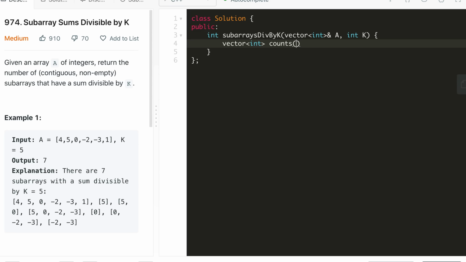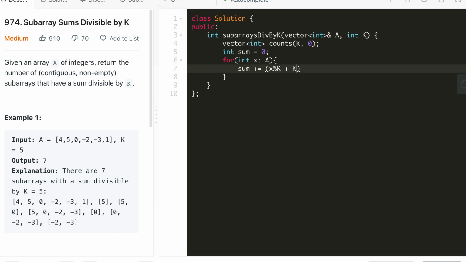Counts, its size is k, initialized to 0. Then sum equal to 0. Sum plus equal to x modulo k. So we take the modulo and then add k to it.